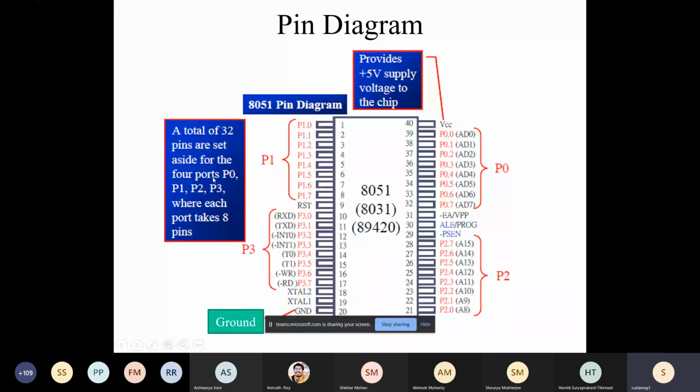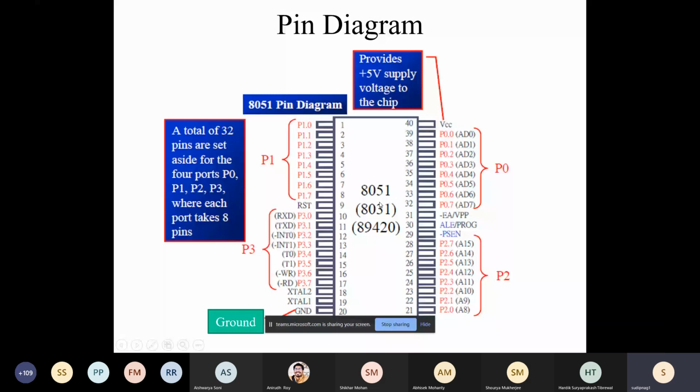So a port is a line where we can exchange data from the outside world to the internal part of the microcontroller, and vice versa. There are different variants of 8051 that came up over time. You can see 3 of them over here, and we also discussed beyond these names or numbers.